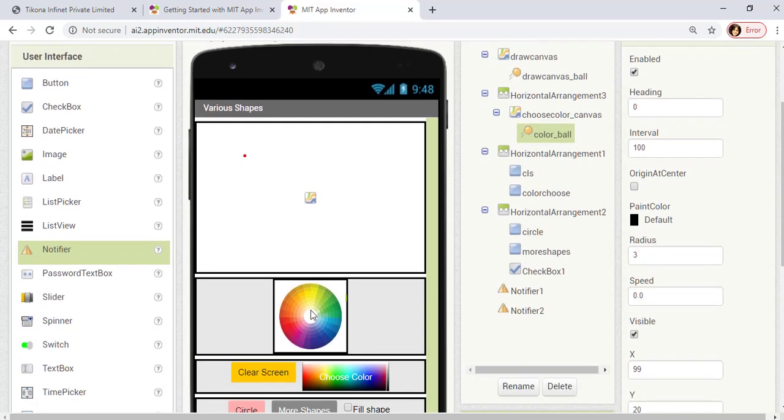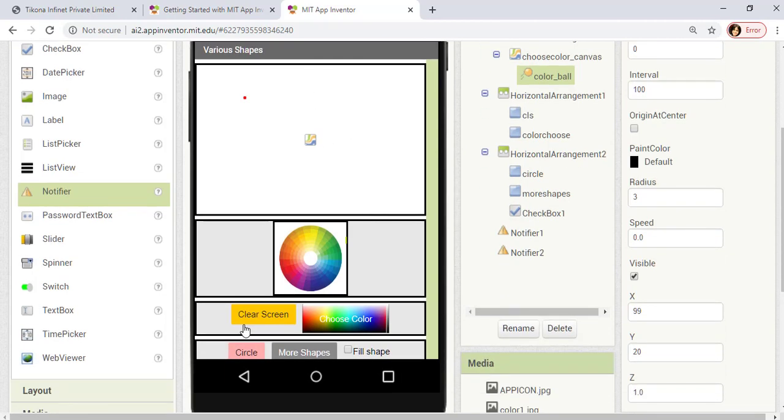Now this is similar to the app that we had developed in the last class, which is the color picker app. So I'll be moving this ball to be able to choose a color and I'll be drawing over here. Another thing that we've added here which is different is that we have an option of a circle. So I'll be able to create circles here. I'll be able to add shapes here. Now the shapes will be regular polygons. I can give the number of sides that I want.